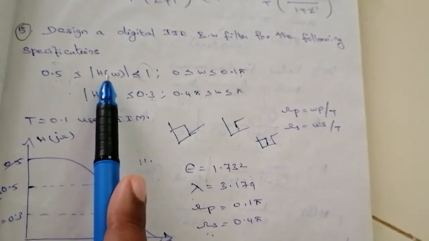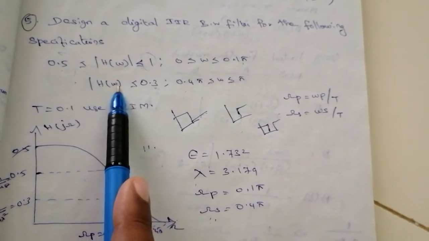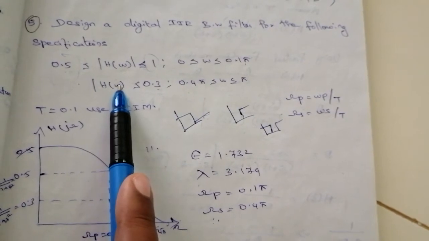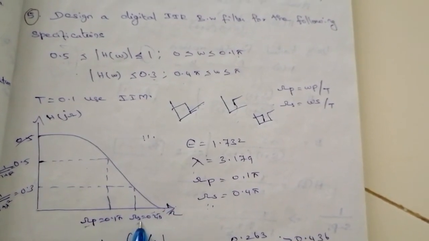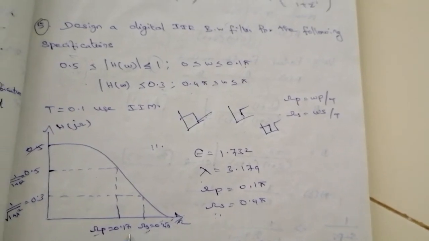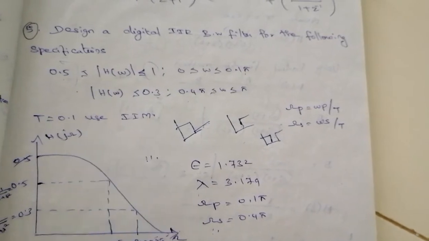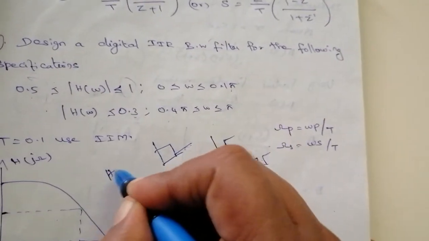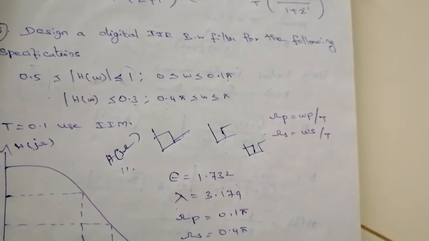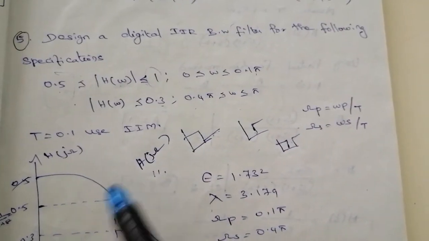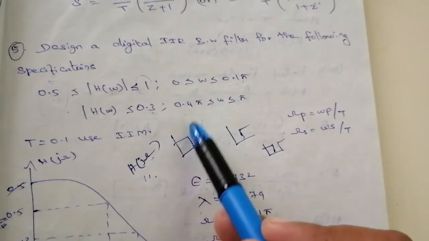The frequency response mentioned in terms of omega. If it is omega, the values are omega p and omega s. Okay, but in a previous problem we go and check. Here we mentioned is H of j sigma. Likewise we have mentioned that is H of j sigma. So we can take this is a sigma p and this is a sigma s.